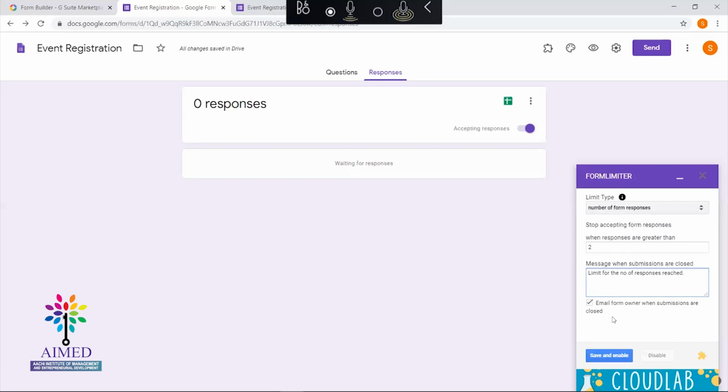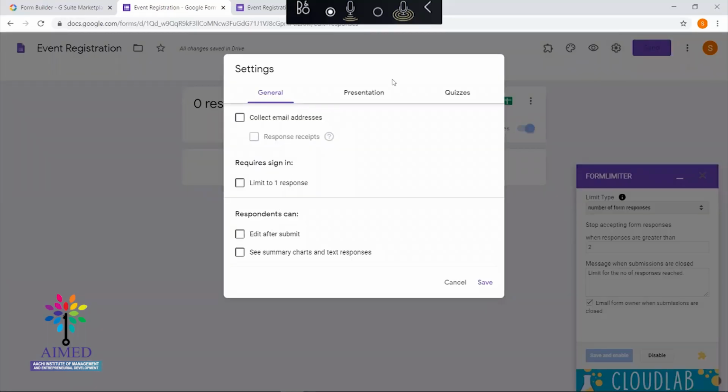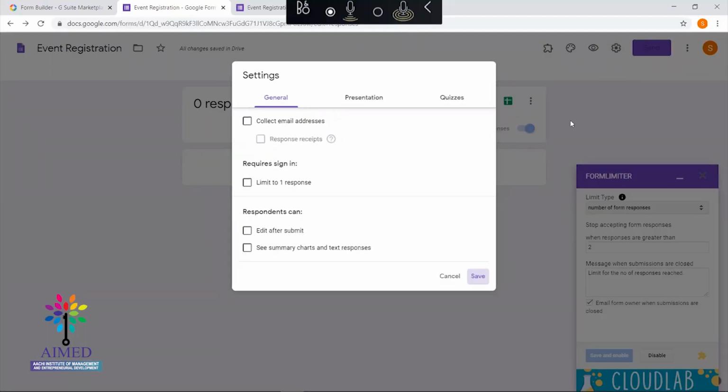So I've set everything over here and I'm clicking on save and enable. So till now I have created the form and I have set the limitation for the number of responses. Now I'm going to send the form across.